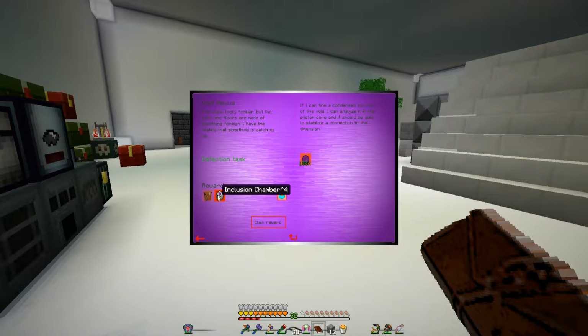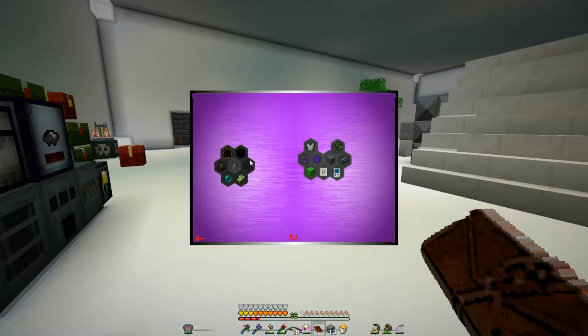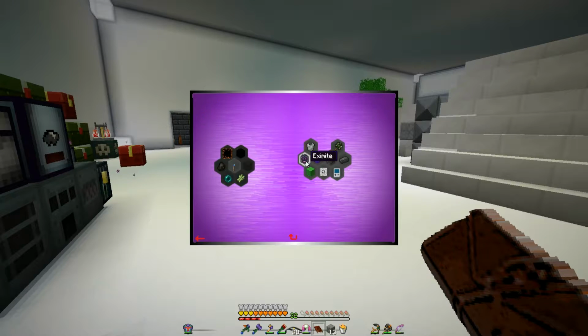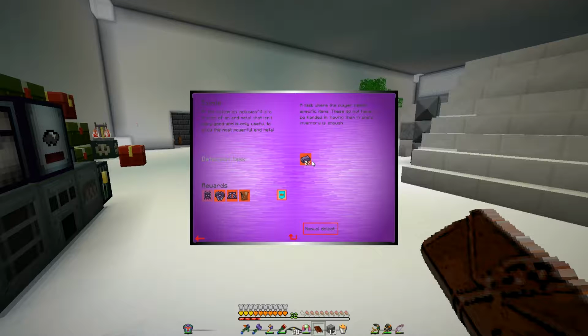Void Nexus. Okay, so we're going to get Inclusion Chamber to the 4th and the reward bag. I've been told that this is where shit gets insane. Dark steel. Oh, we had dark steel. How much do you need? 5. Well, we don't have 5 now. Ixamite. Ooh, at the bottom of inclusion 4 are traces of an end metal that isn't very good. It is only useful to alloy the most powerful end metal, which is Ixamite. That's going to get us...